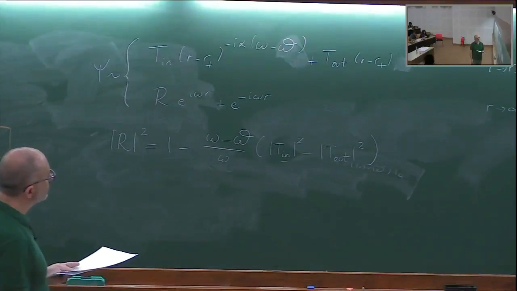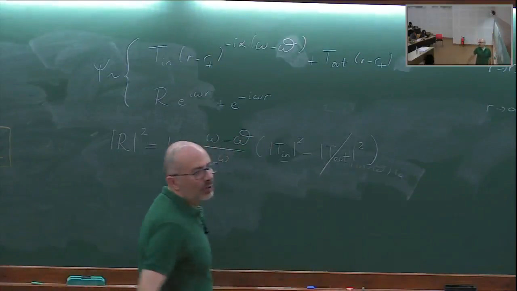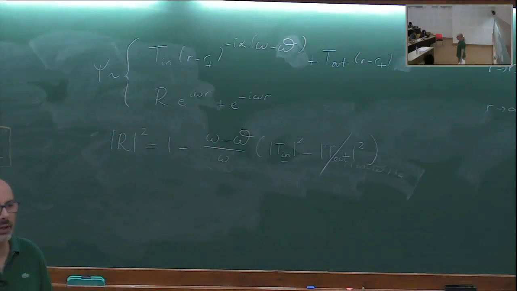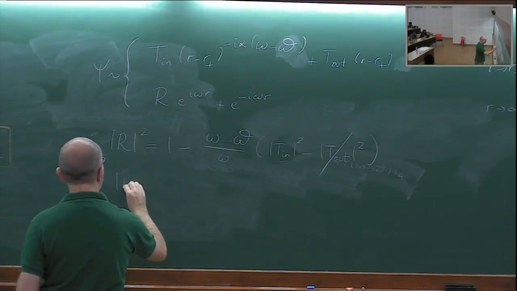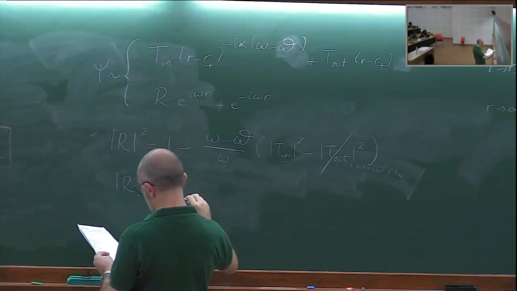Okay? Typically you don't want this term, because you only want waves that are ingoing at the horizon, you don't want waves that are outgoing at the horizon. So in the end, I can focus on the fact that R squared is equal to 1 minus